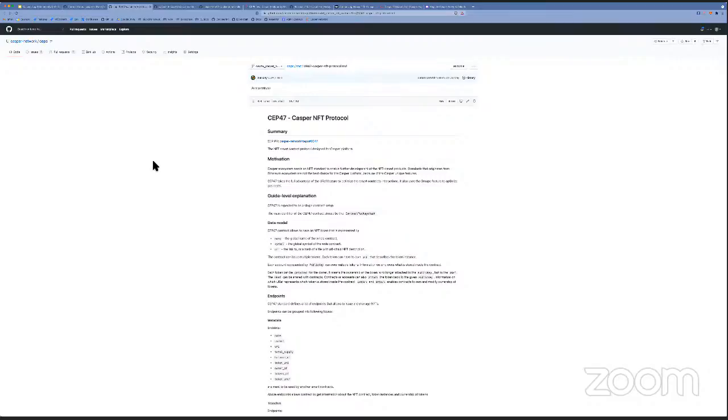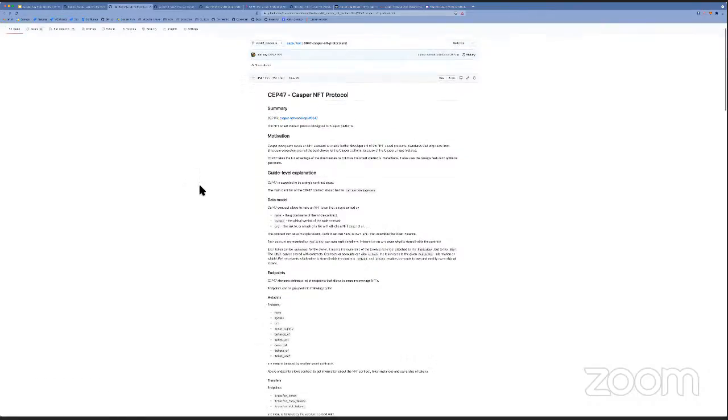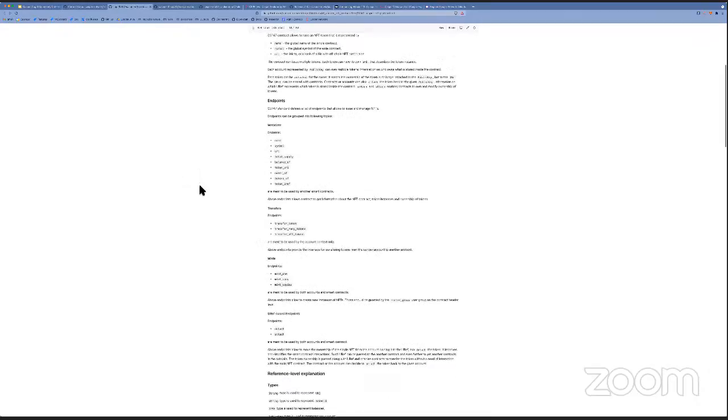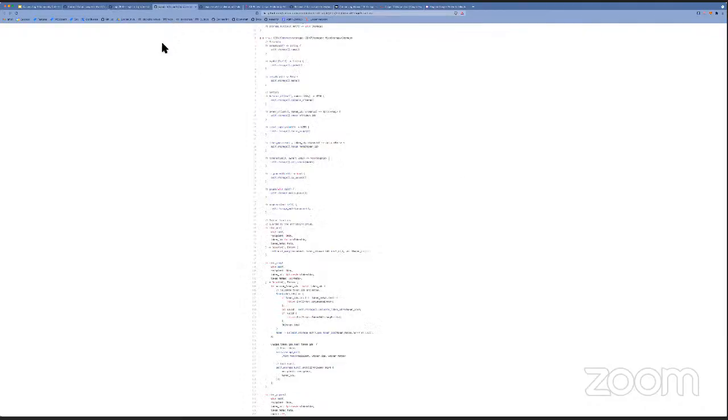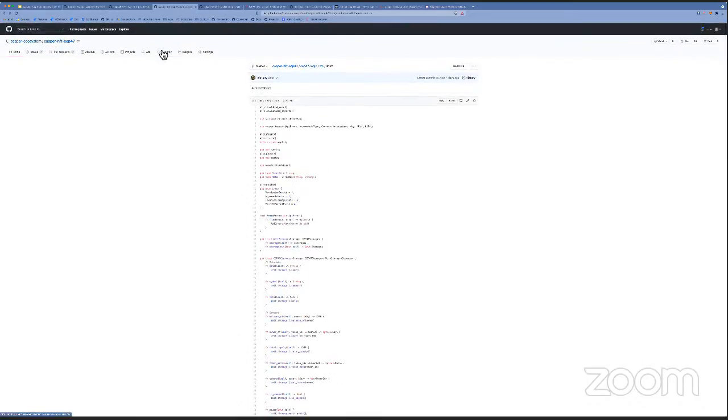That's the new standard for the NFT protocol that is provided by the core team of Casper. Here you can read how it looks and how it behaves, and this is our technical documentation for the implementation. And the good news is that we already announced today that the CEP47 smart contract is ready.